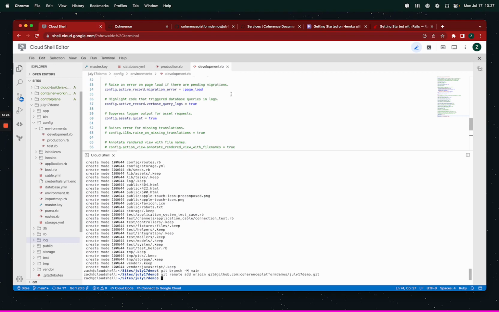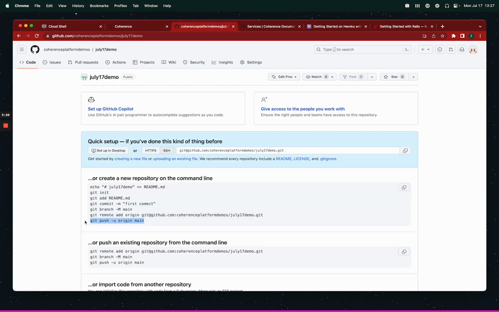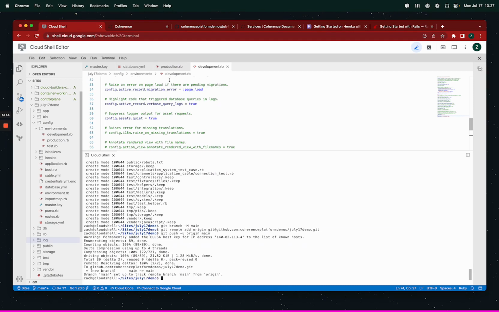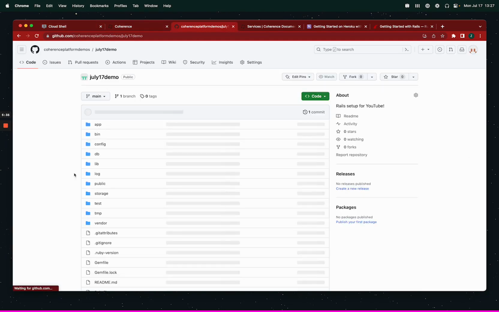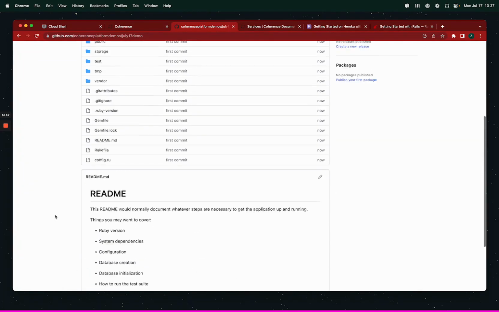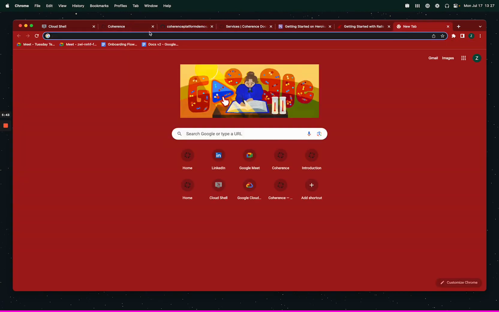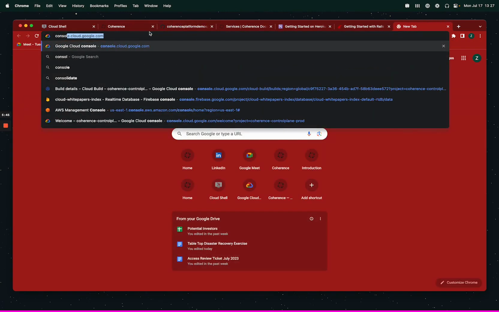Remote, push. All right, so now we're going to have our good looking, just generic Rails starter repo here. Now we're going to take it over to Coherence and we're going to get started. So the other thing we're going to need is